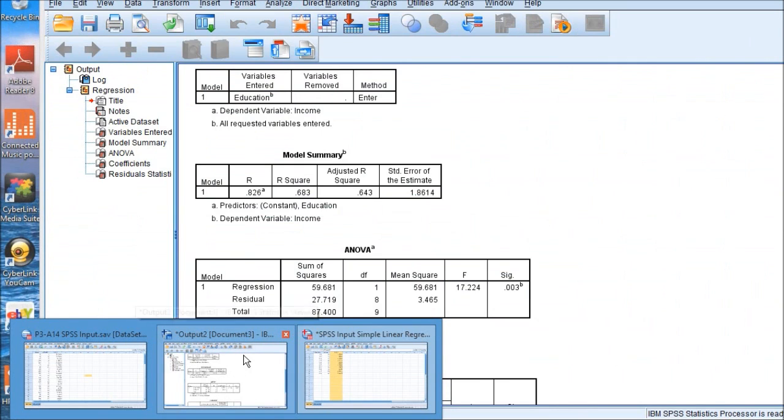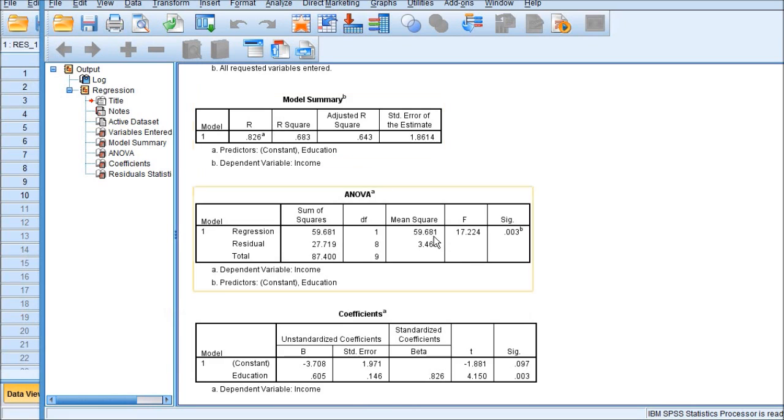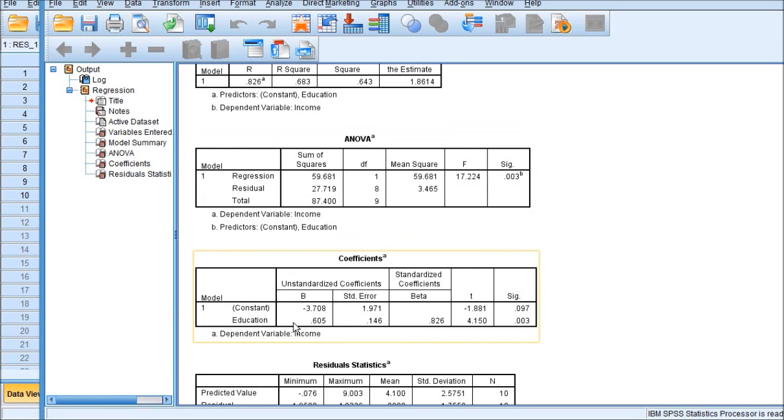On the SPSS output window here, we see model summary here and coefficient table here. We just interpreted these tables without testing the assumption of normality of errors and homoscedasticity, just to focus on how to interpret these tables, what statistics to use, or what conclusions.